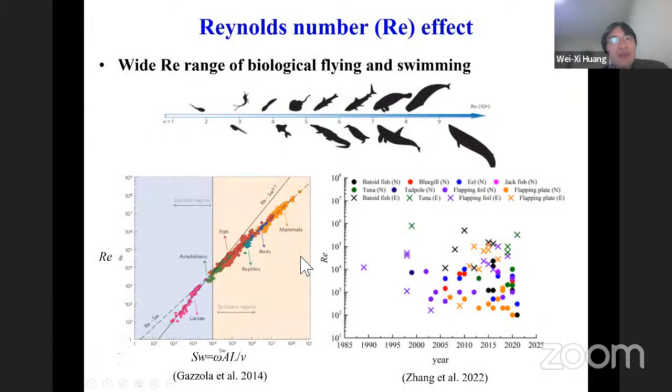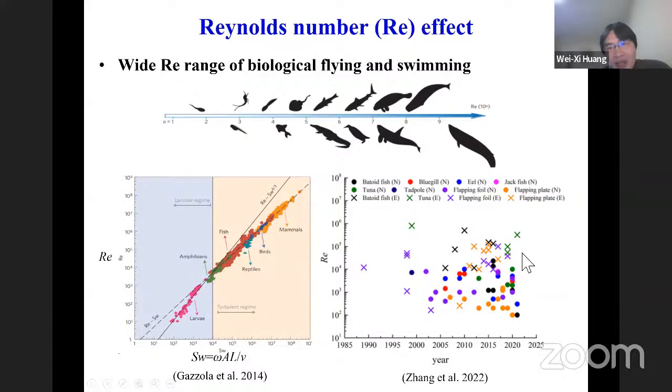Another issue is the Reynolds number effect. In nature, swimming and flying have a wide Reynolds number range, from order of 1 to 10^9, so they include both the laminar region and the turbulent region. So far, most experimental studies are done at higher Reynolds numbers, but numerical simulation is usually conducted at a lower Reynolds number. So it's also necessary to